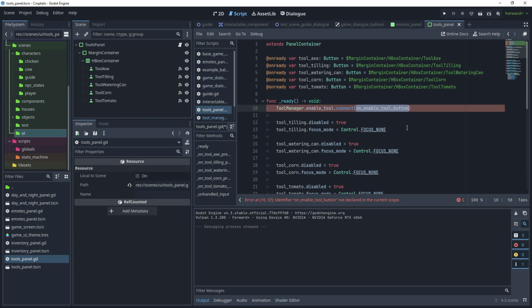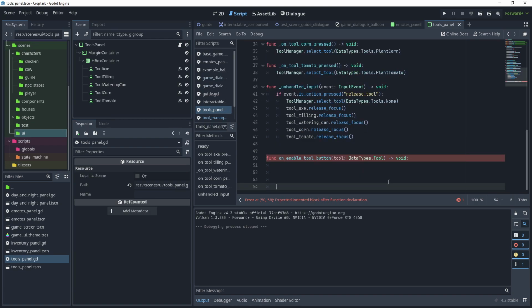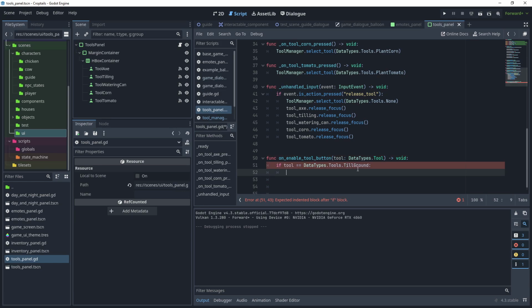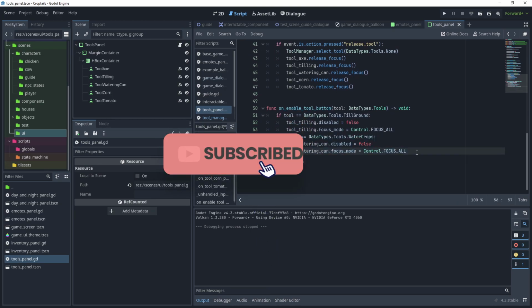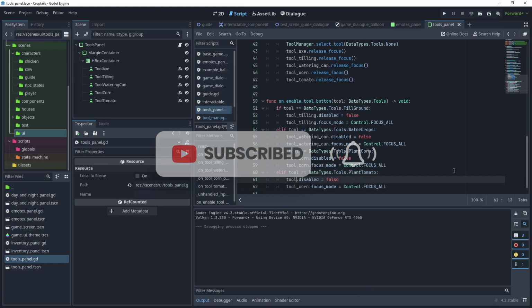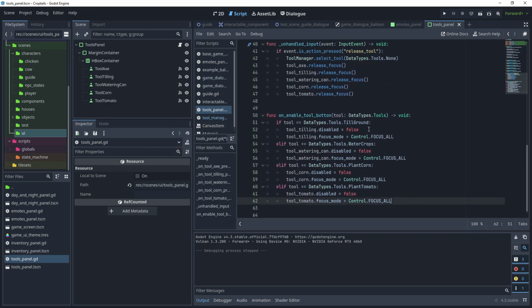So then create a new function called onEnable tool button, and the parameter will be tool and it's the datatypes.tool. Then say if tool equals datatypes.tools.tillground, then get the tool tilling button and then set disabled back to false to enable it, and then set the focus mode to control.focus_all so that it receives focus. Then I'll do the same for the other buttons. So I'll say elif, and that completes the elif statement for all of the buttons that will be disabled and then we'll re-enable when we receive